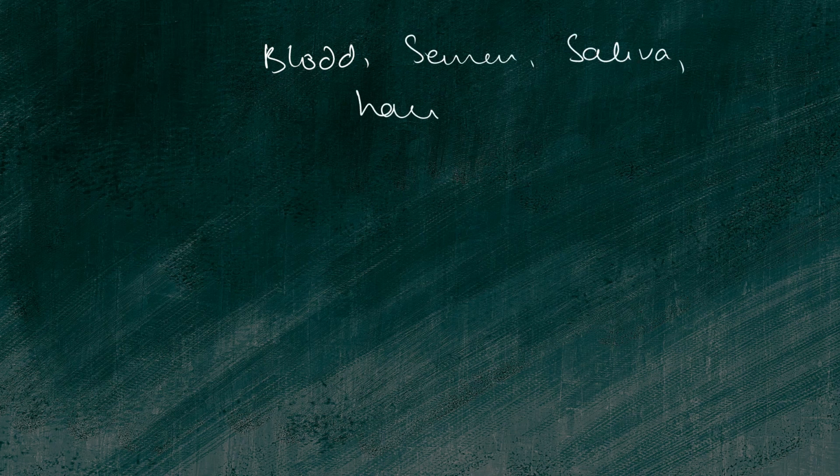If, for example, you have blood, semen, saliva, hair, or any other biological samples that you have got as evidence, all of these biological evidences will go to the biology and serology division of the FSL, where all of these evidences are examined, and sometimes DNA profiling is also done in major cases, for example, rape, murder,